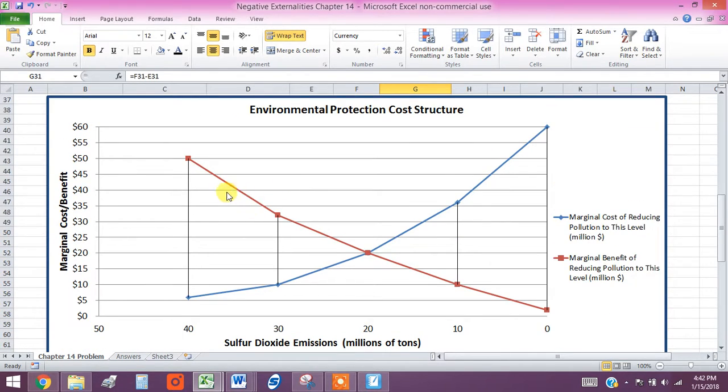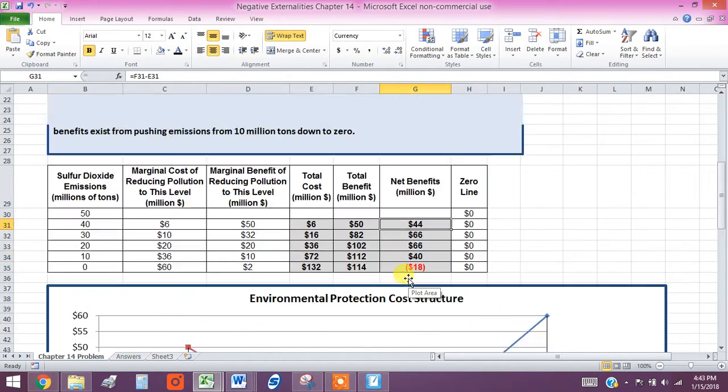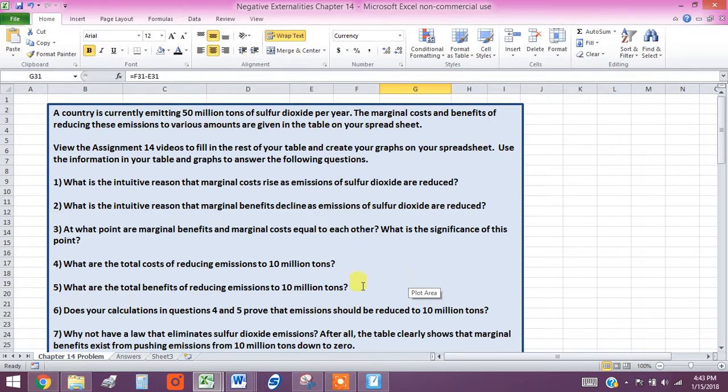So here's the marginal cost as we reduce more and more. As you can see, the marginal cost is an upward sloping function as we reduce from 40 down to 0. And marginal benefit is downward sloping, which means we get less marginal benefit as we reduce more and more down to 0. Now, the first question is what is the intuitive reason,